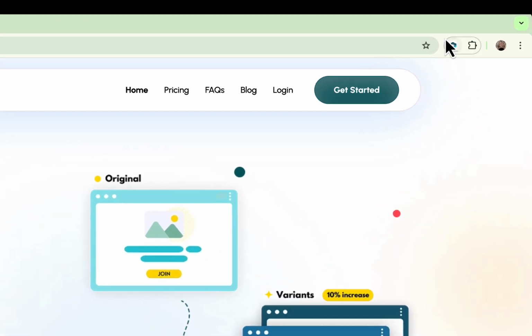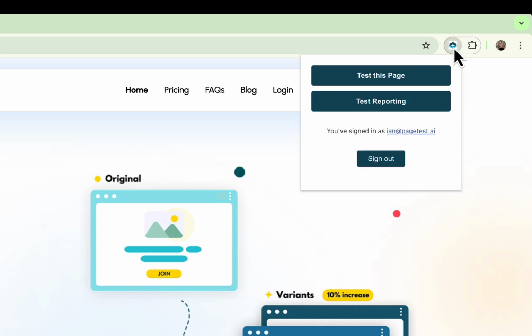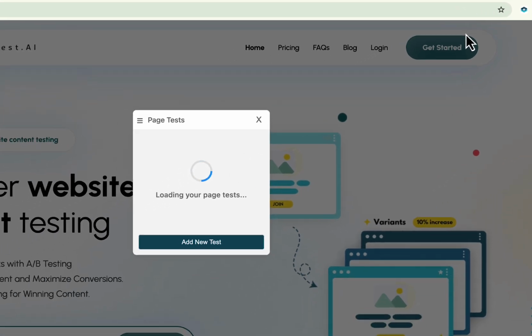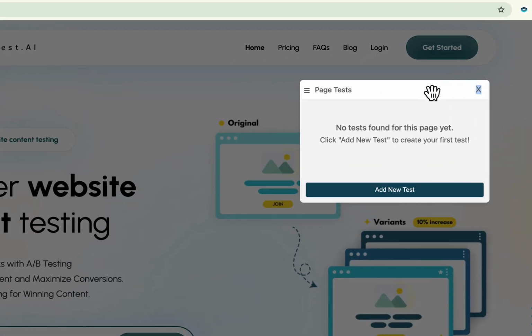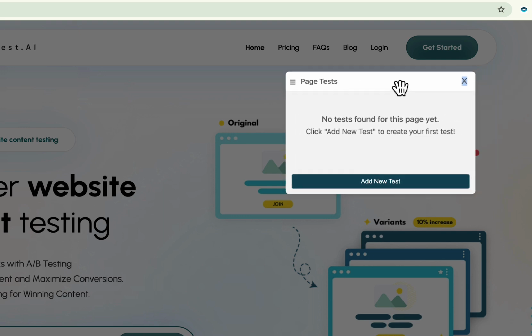Once you're in that state, then all we need to do is go to the little Chrome extension for PageTest there and choose test this page. Now what that's going to do is bring up this little modal here. You can move it around if you want to have it in a different position on the screen. But essentially all this is going to do is show you a list of any of the tests you've already